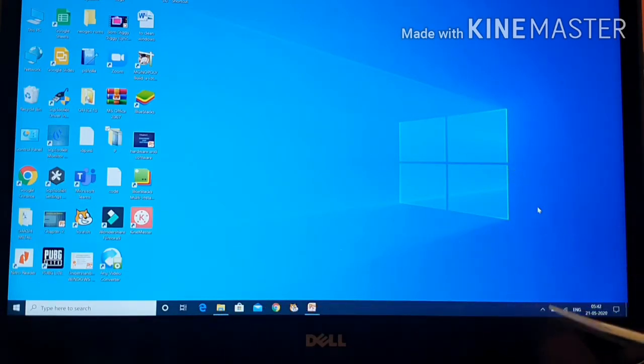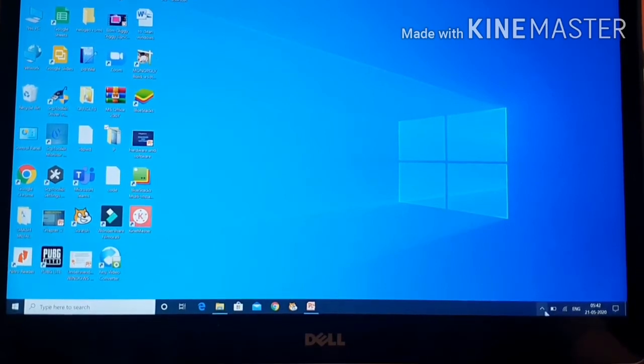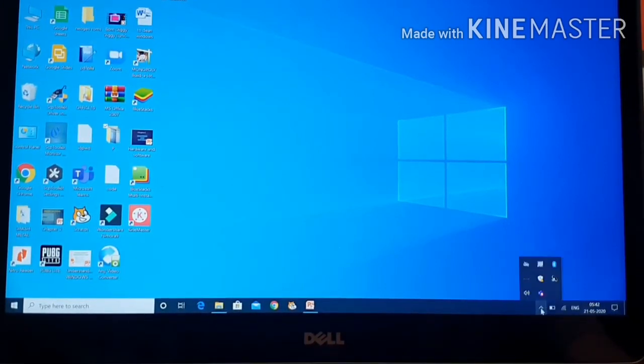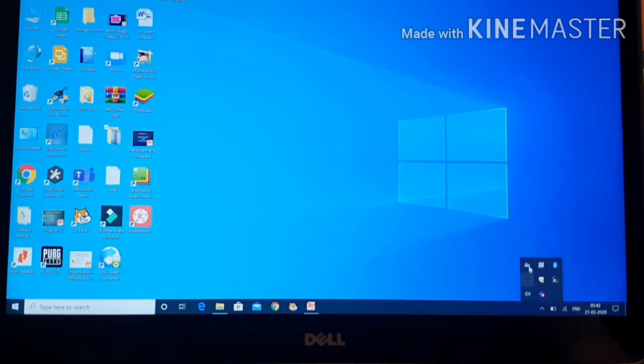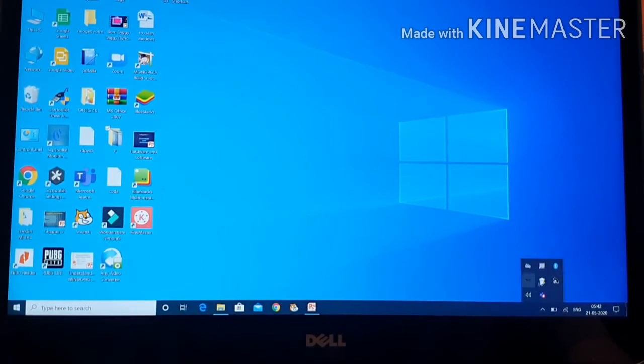Okay, now this is a notification. This message box we can see here. This is the notification. On this arrow, see this arrow, if we click on this arrow, we can see many applications and many notifications like voice, Bluetooth, network connection, anything we can see here. This whole is the taskbar.